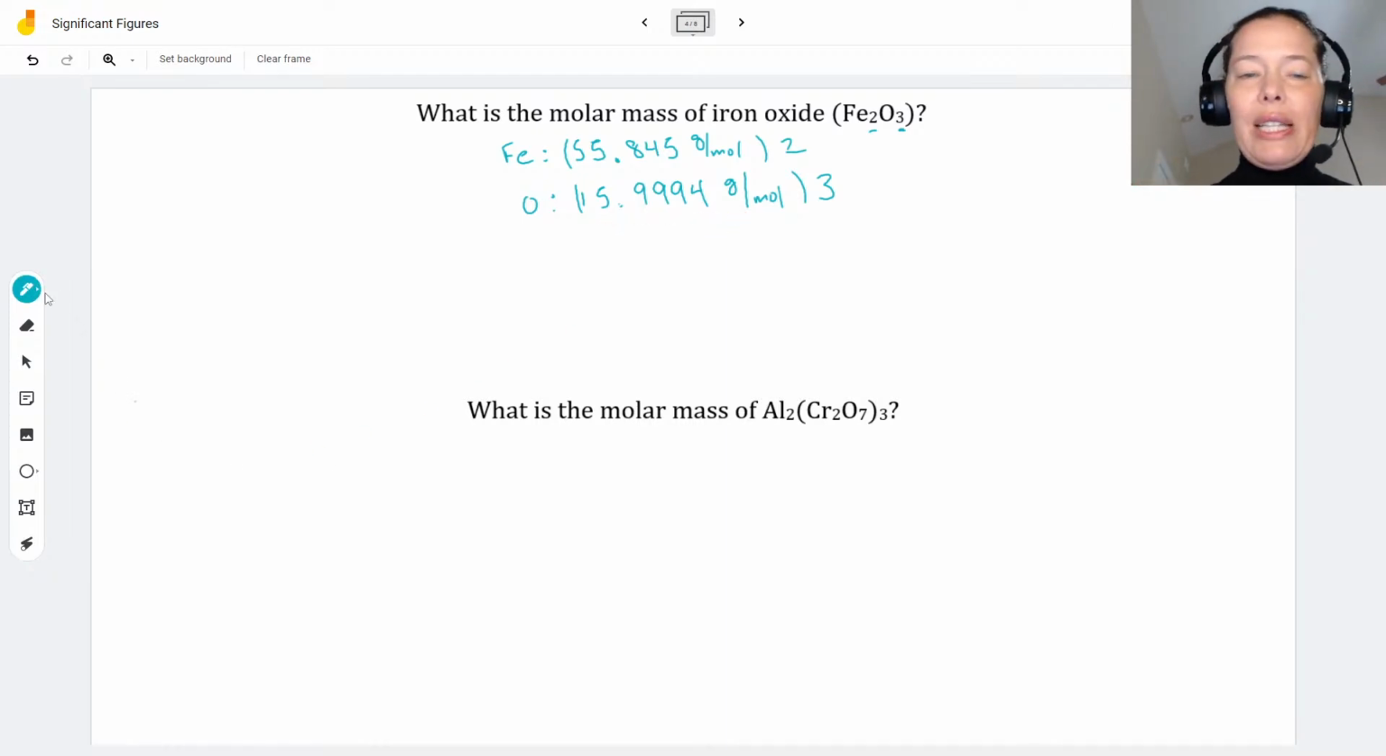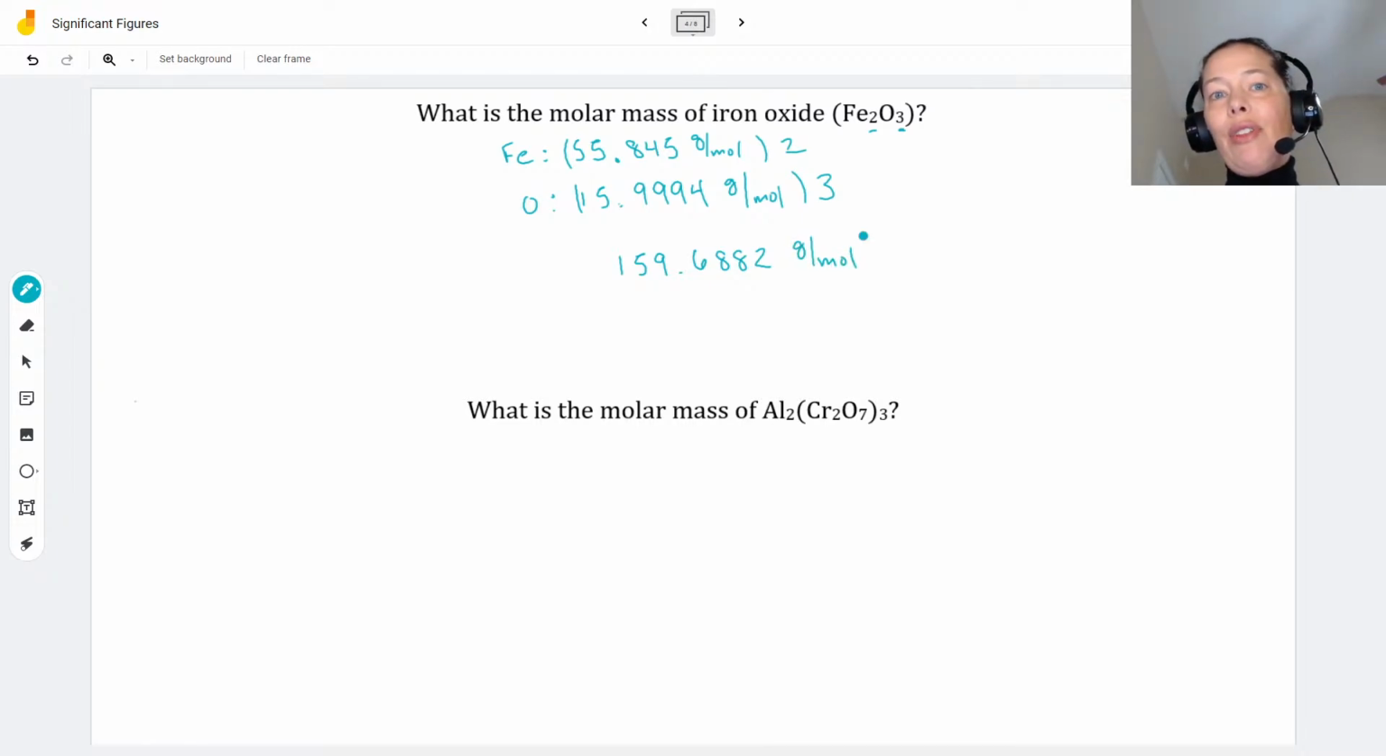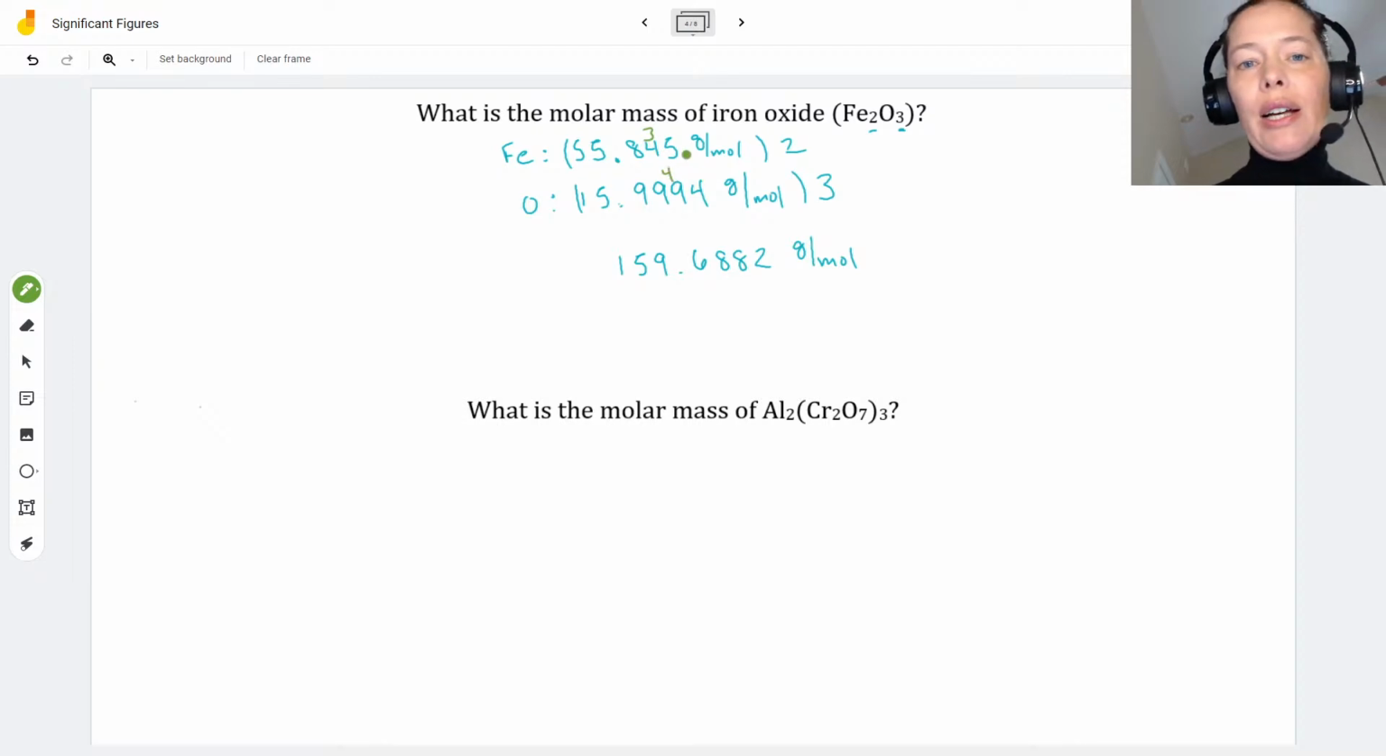So if I plug this into my calculator and I calculate this molar mass with all of the digits, I'm going to get 159.6882 grams per mole. But of course, the question is, did I give it the correct number of sig figs? Well, because this is addition, subtraction, I'm looking at decimal places. So I have 3 decimal places in iron and I have 4 in oxygen. So my molar mass of iron limits me. I need to have 3 decimal places in my final molar mass. So I need to change this to